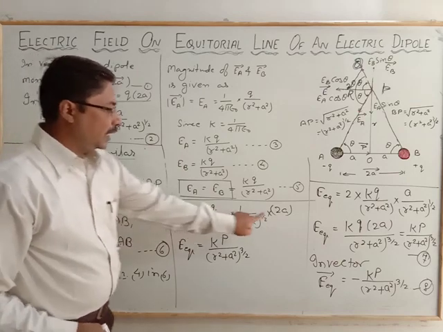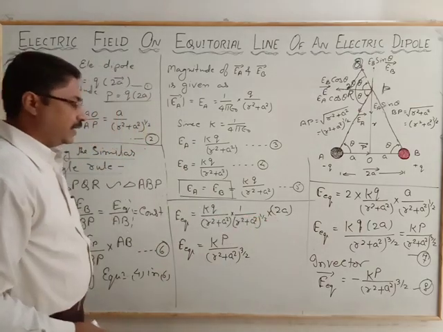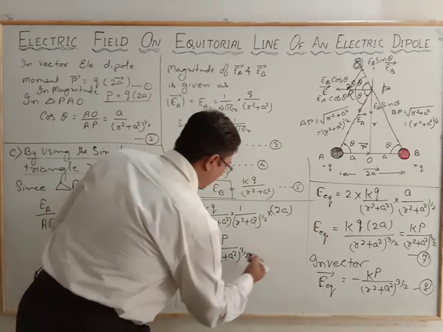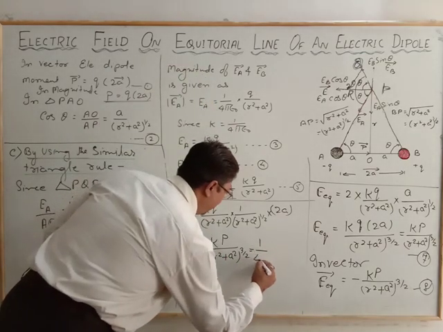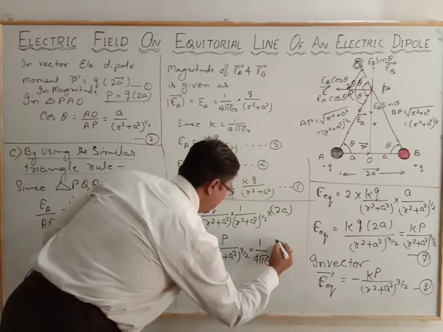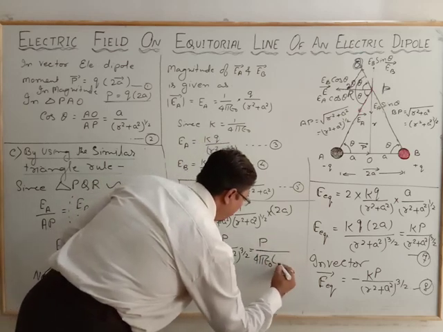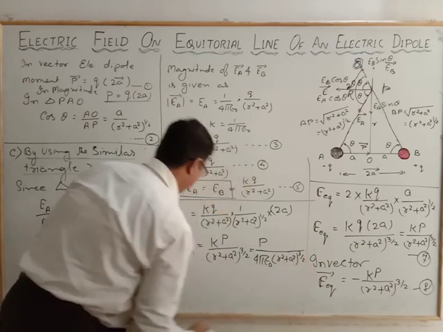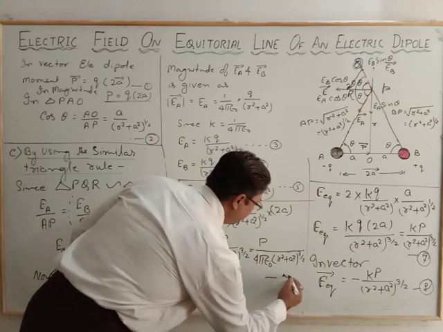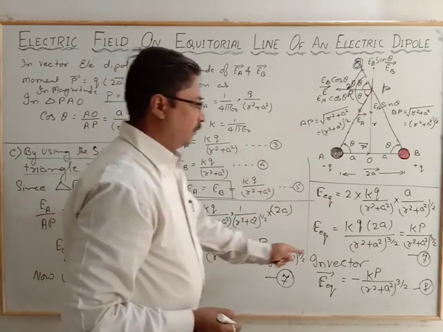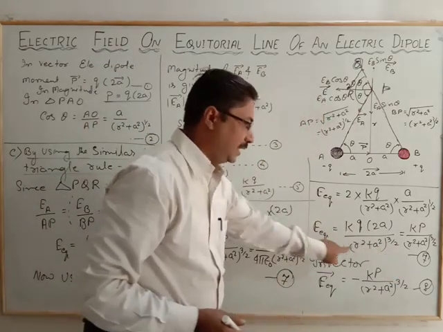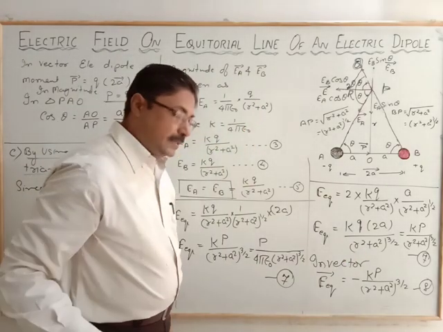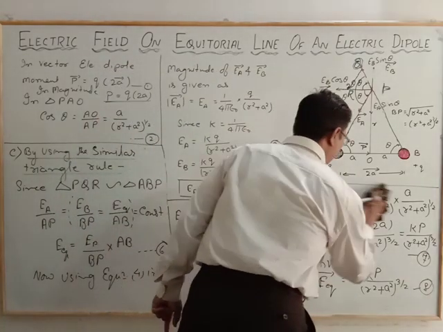We have the Q and 2A. So we have the electric field, and this electric field may be written as 1 by 4 pi epsilon naught, in place of P, over R square plus A square whole 3 by 2. And that becomes equation number 7. Now see, we have the relation equation 7 for the earlier case, and for this relation also the same relation, and the same condition for the vector also.